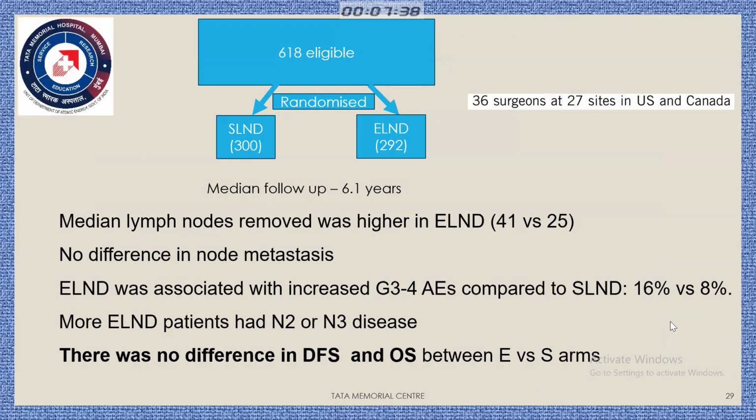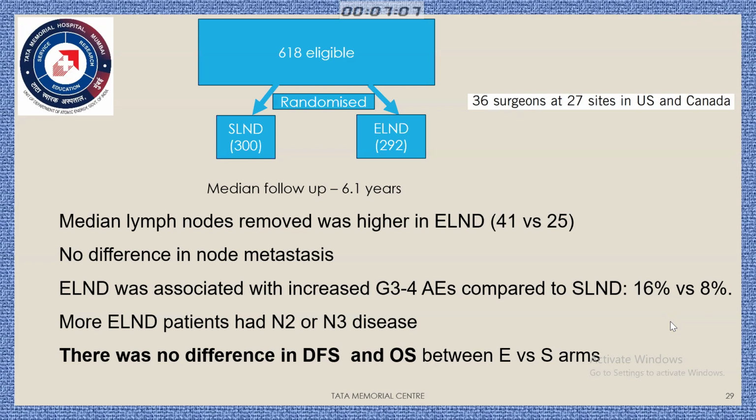Surprisingly, they have found that there is no difference in the disease-free survival and overall survival between the extended and the standard lymph node arms. However, they did find that the lymph nodes which were extracted were higher in the extended group. There was no difference in the node metastasis, and the EPLND group was associated with increased grade 3 and grade 4 adverse effects. But the difference in survival was not there. So again,